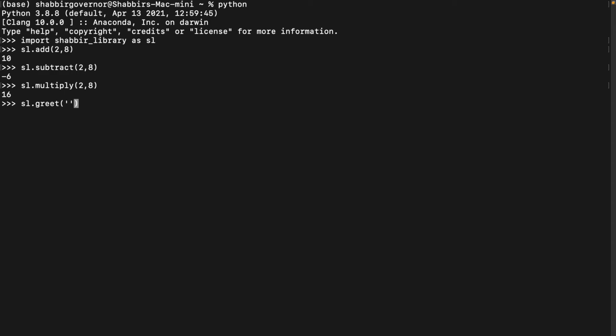So we will be passing a string object here. So it says hello Shabbir, yeah, it's working fine. And let's also check the square method. We pass in a single argument here and we get the expected result.